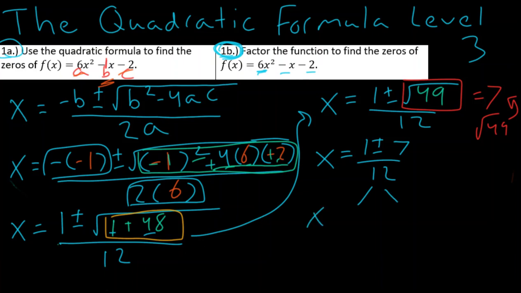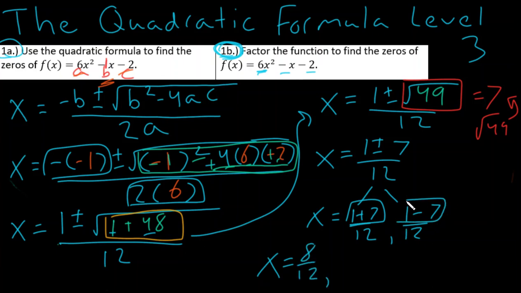And when I split it up, I have x equals 1 plus 7 over 12, comma, 1 minus 7 over 12. And as I walk through that, let's bring it over here to the left. I have x equals 1 plus 7, well, that's positive 8 over 12, comma, 1 minus 7, that's -6 over 12. And all I have to do here is just reduce these. I see that 8 and 12 can both be divided by 4. And so my first solution, 8 divided by 4 is 2 over, 12 divided by 4 is 3, comma,